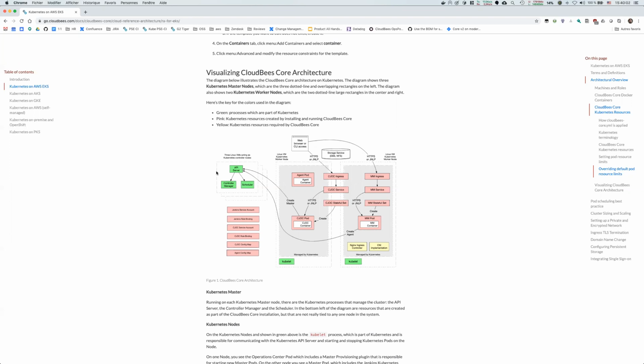But fortunately, we recommend with CloudBees Core to use the Nginx ingress controller, and this ingress controller comes with a functionality that allows to basically forward a port from the load balancer into the network. So that's typically something that has to be done in the Nginx ingress controller configuration. And it means that additionally to the HTTP or HTTPS traffic, you get an additional port in the load balancer that gets forwarded to Nginx.